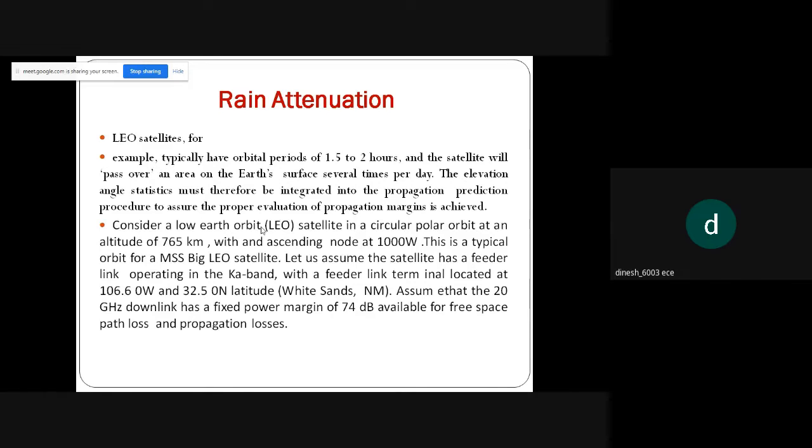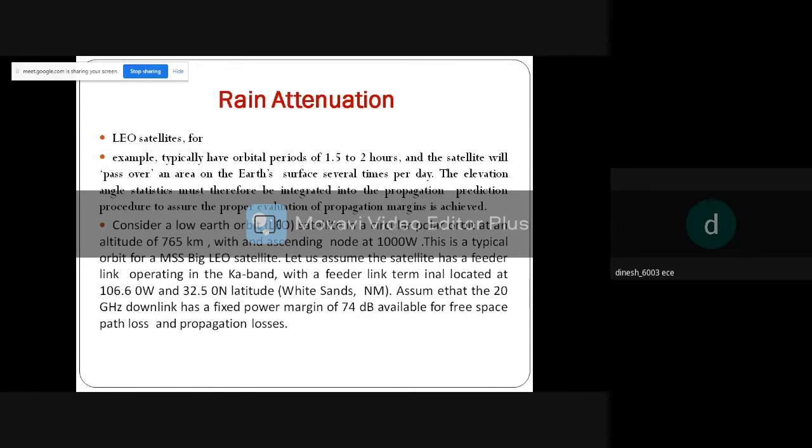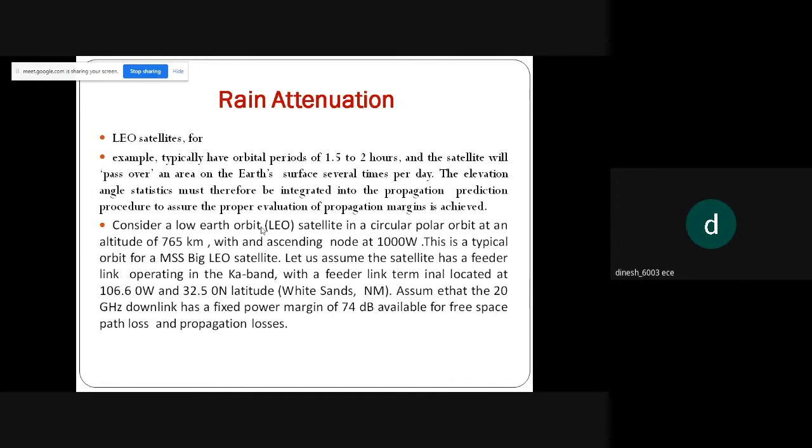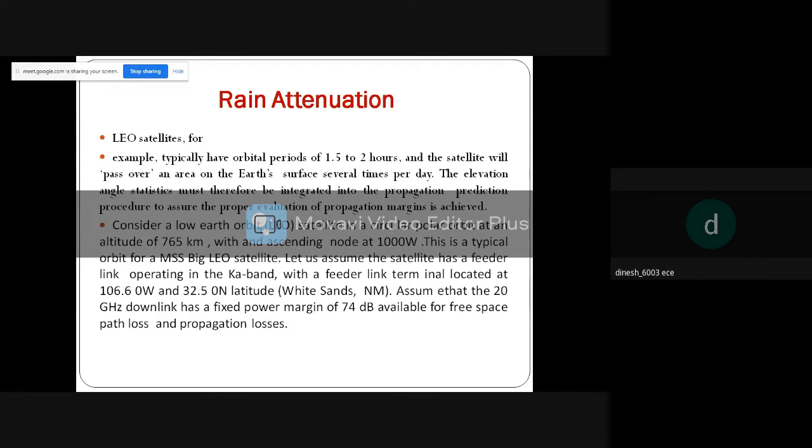So if it is 1000 watts, then it should be a larger LEO satellite. And assume that the feeder link operating is in Ka band, with a feeder link terminal,